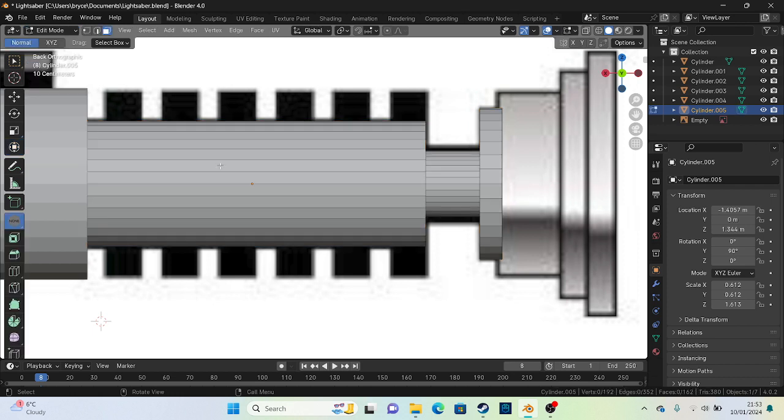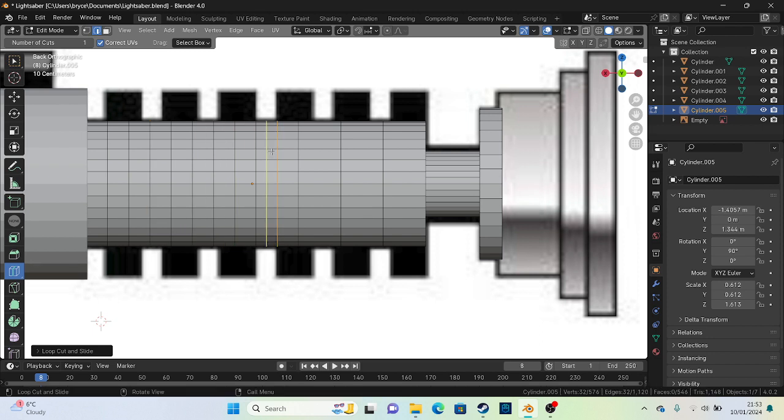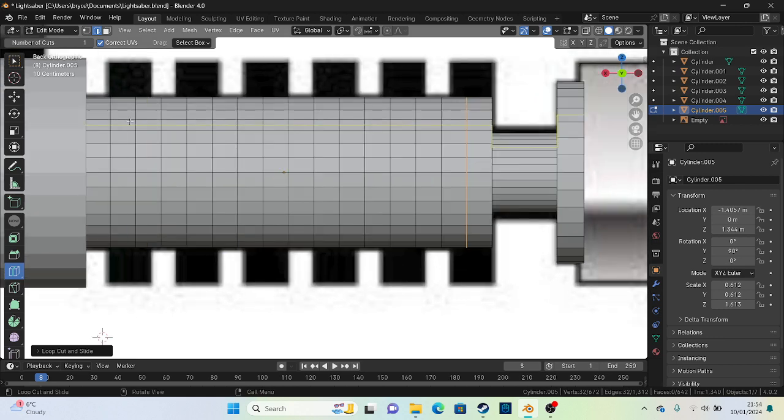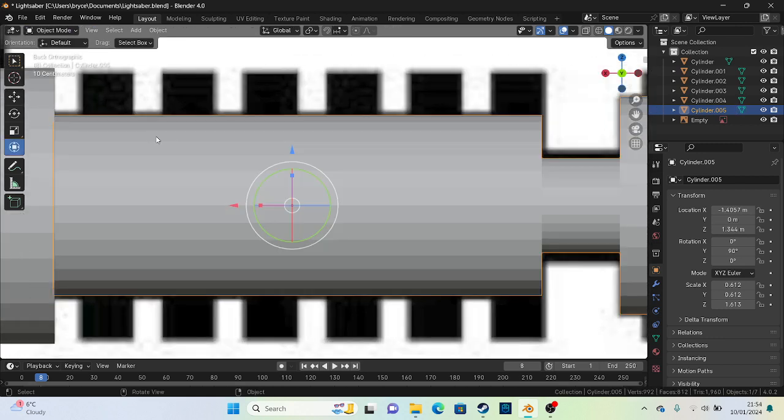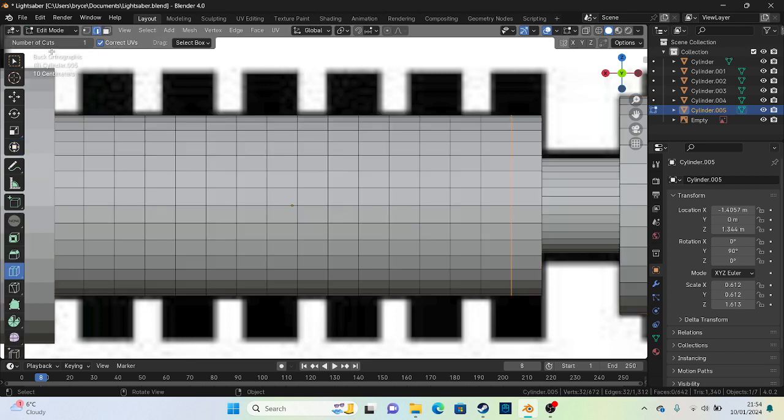do is go to edit mode, loop cut, and just place a load of loop cuts in until you get as many as you need. And what you can do, you're not going to get these exact when you do it this way, but I just want to show you how to do it. So if you go there and if you press the